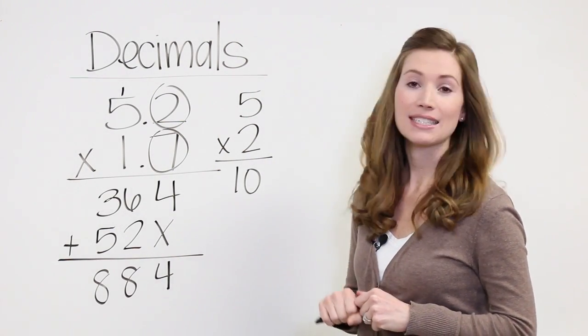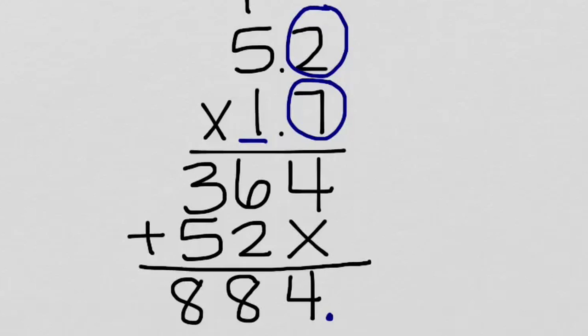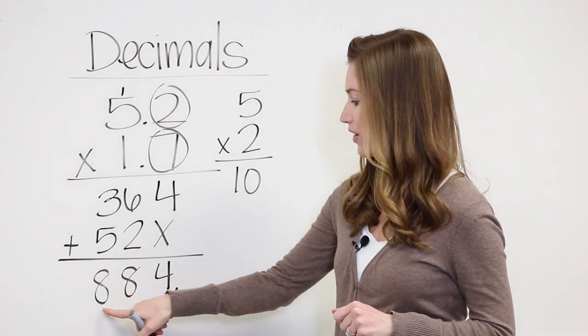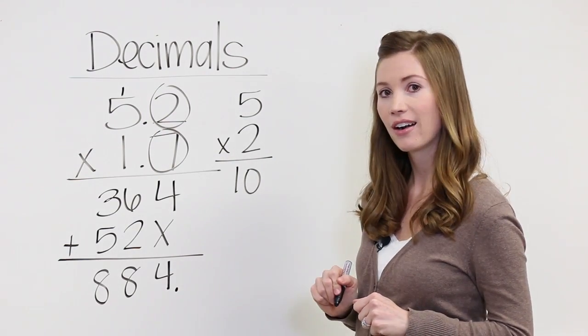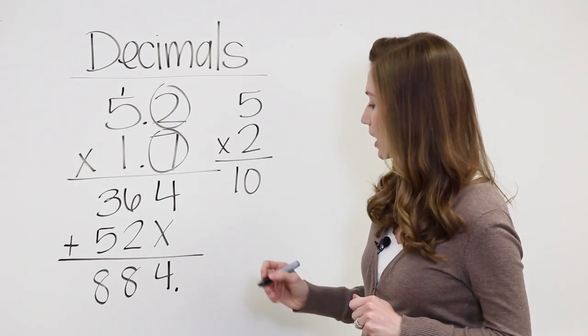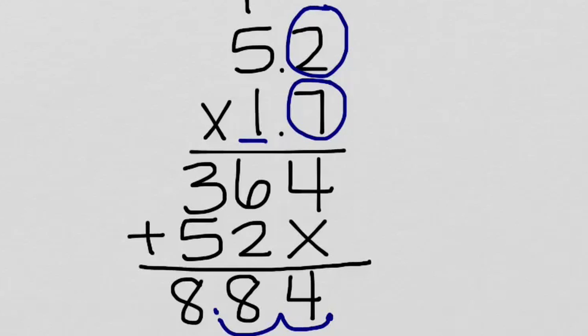Now, if you don't see a decimal point, that means that it's to the far right. If I place a decimal point right here to the far right, that doesn't change the value of 884. So let's now account for our decimals. We're going to move our decimal point 2 places to the left, 1, 2,